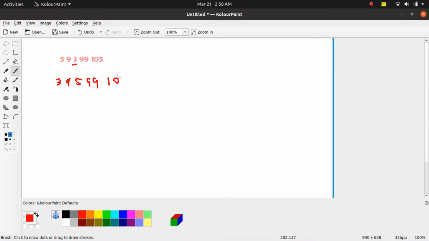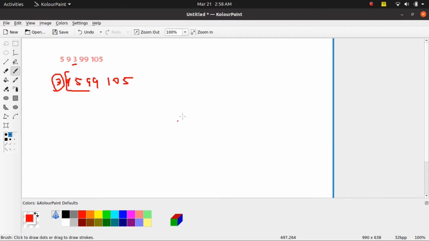So after the first finding of the minimum element, the array would be like this. And then we would do a second loop that will only go from the second element to the 105. It would not check 3 again, as we have already established the minimum element and correctly placed it in its appropriate position.